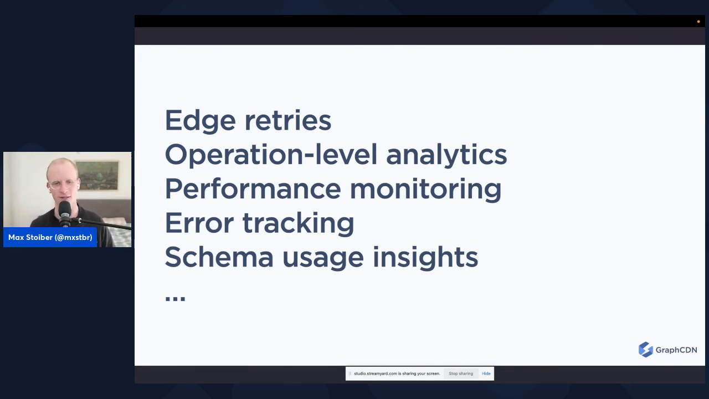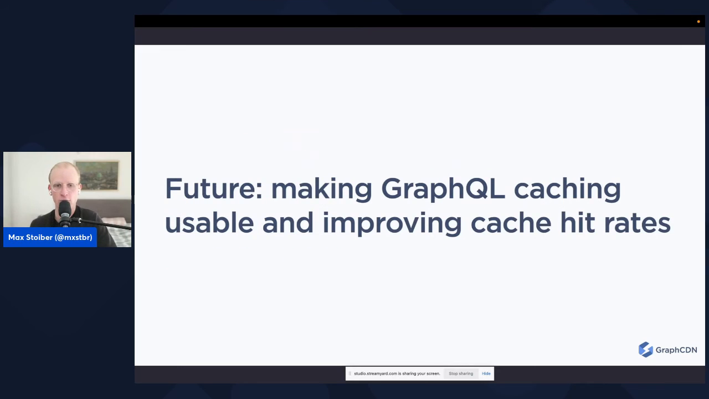And there's a bunch of other stuff we do as well that I'm happy for you to check out on the website. But there's a bunch of stuff that we can do now that we're in this interesting position of being an edge GraphQL gateway. Now, what we want to work on in the future is making GraphQL caching more usable and